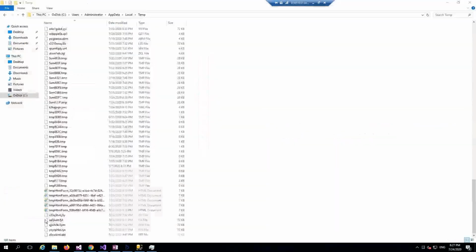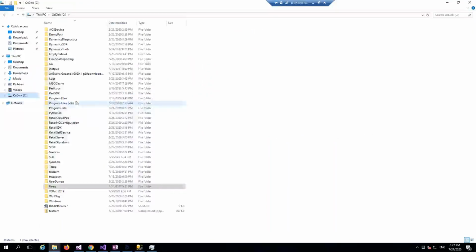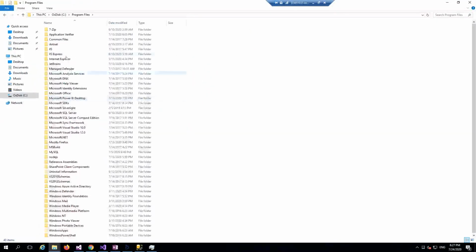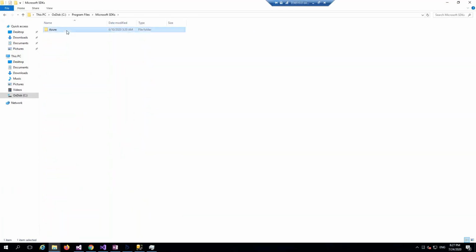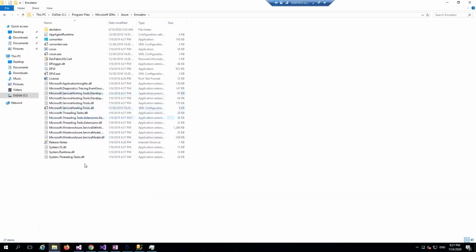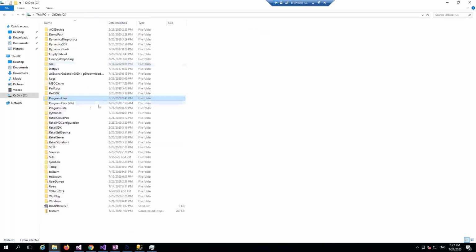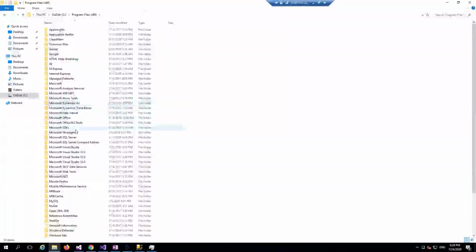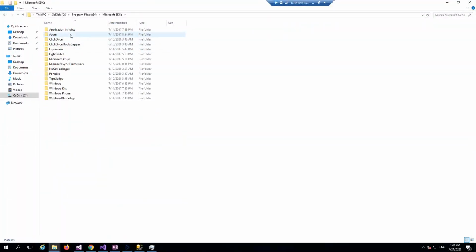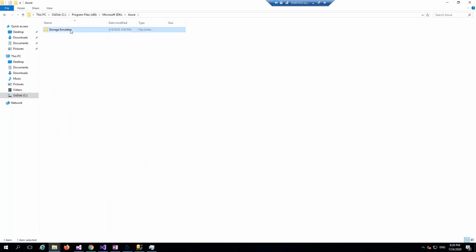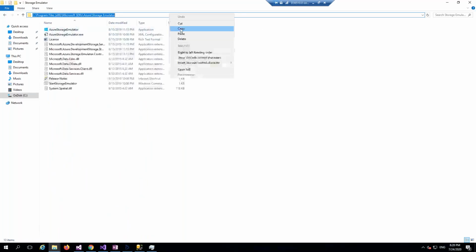How to start it? If you go to C drive and then Program Files, you should see something called Microsoft SDKs, Azure, Emulator. This is CS Monitor, Dev Fabric, okay. .NET SDK, no, not this one. Let me check in Program Files x86. There should be something called Azure Storage Emulator. Yeah, this one. Okay, copy this,